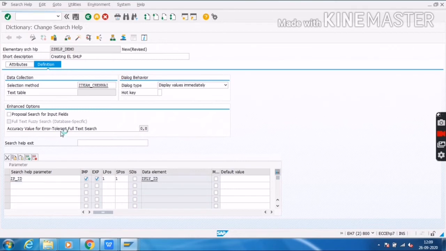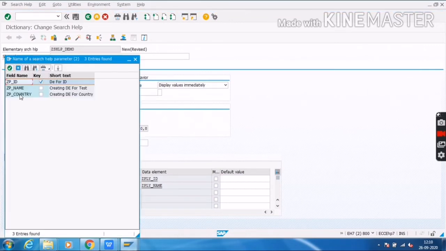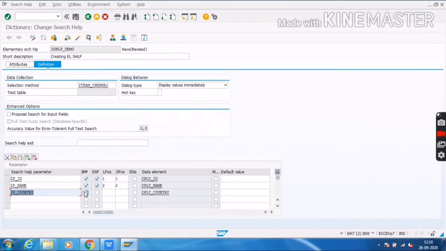Then I will select the second parameter, import and export, position 2, and then I will select my country field, import and export, position number 3.